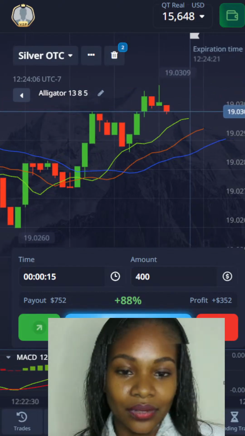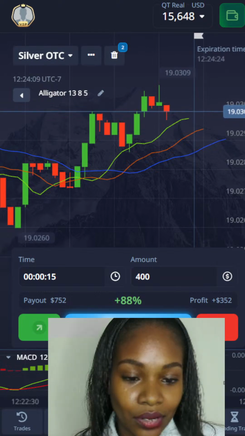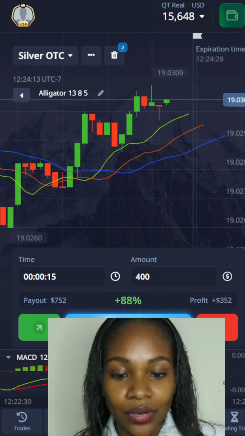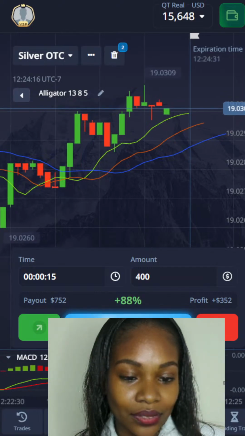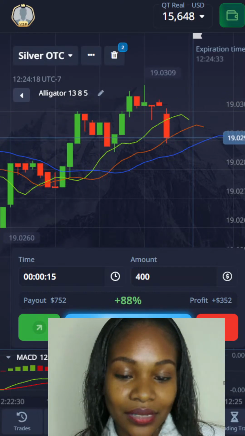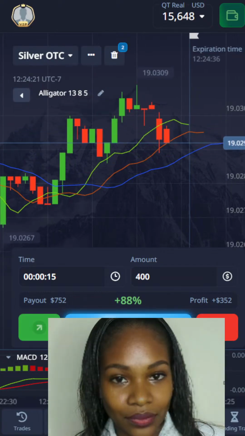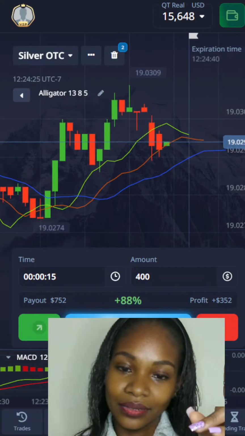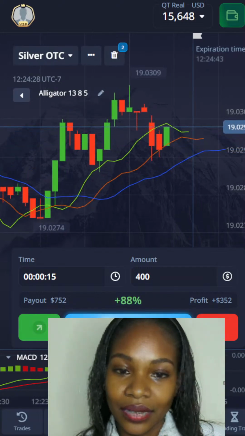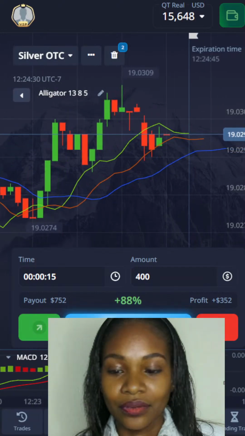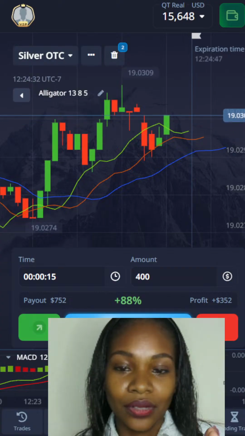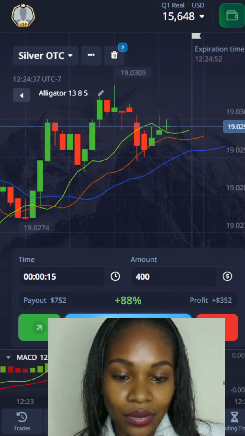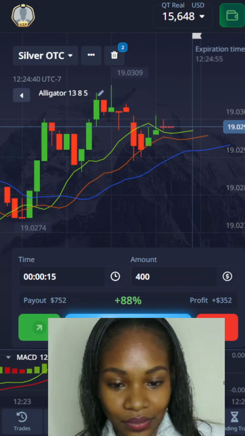Then when we look at the downtrend, you are definitely going to look at the market moving in a series of lower highs and lower lows. Okay. The other one, we were looking at a series of higher highs and higher lows. So for the downtrend, we are looking at lower highs and lower lows. So definitely when we are looking at those series, we are having the lower highs and the lower lows.